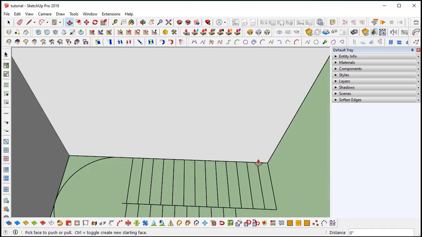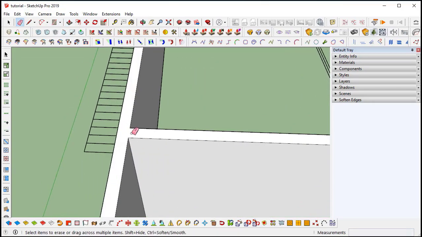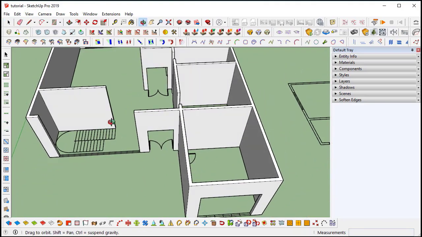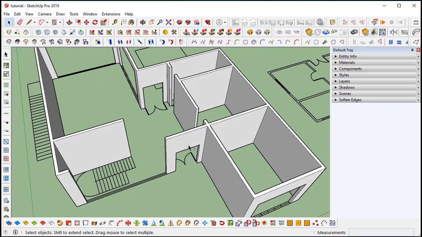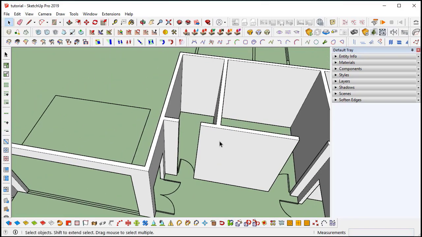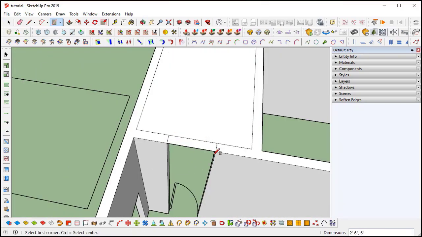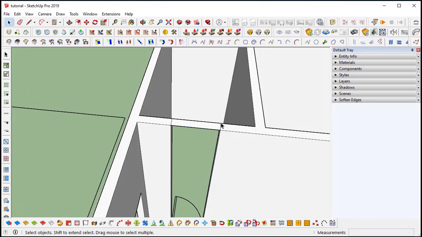Just double click it, and it will automatically trace the previously applied value. I'll just draw a rectangle on the top of it, and I will delete this face.